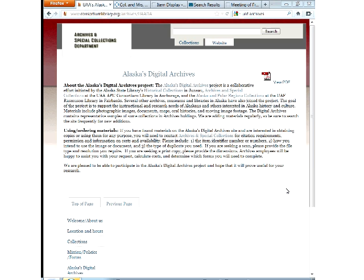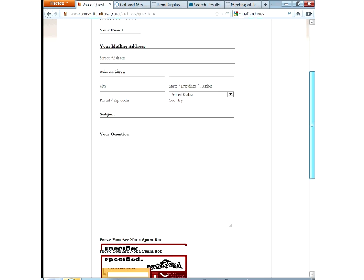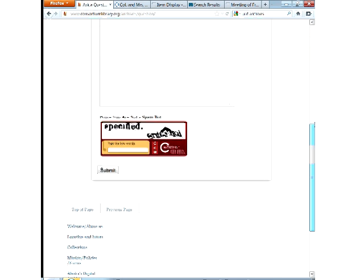and if you had a question, let me pop this in. You can contact the archives directly with this question, and I noticed that they use this ReCAPTCHA as a way of proving that you're not a spam robot. No doubt a lot of you have encountered these,